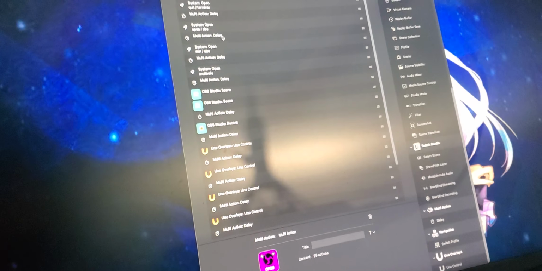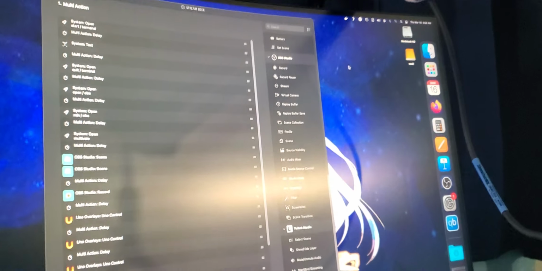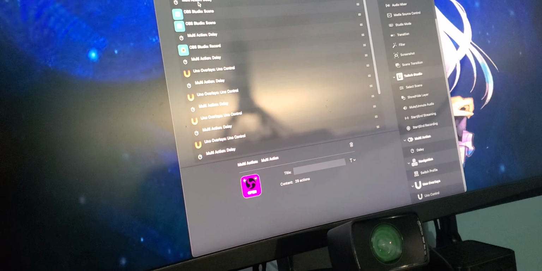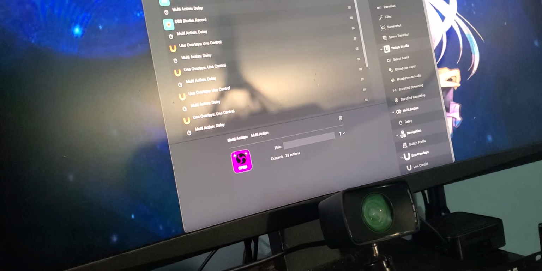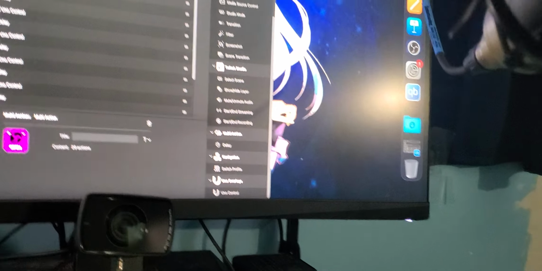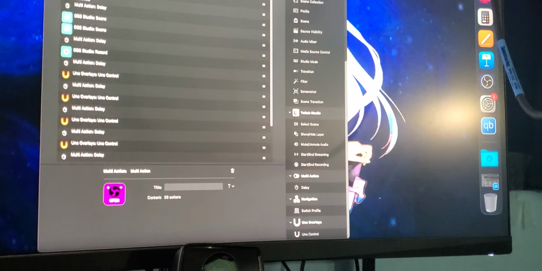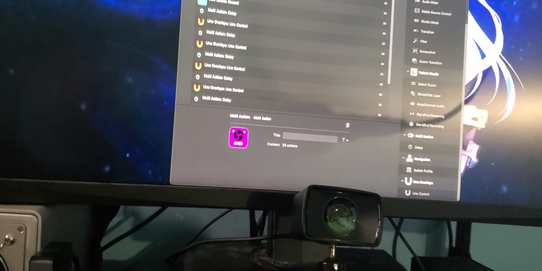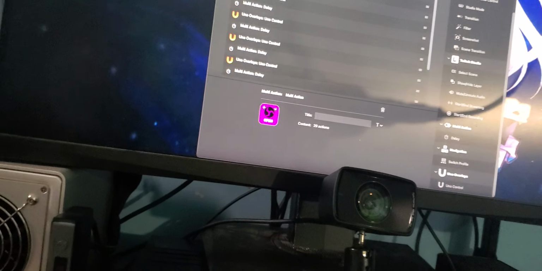That will quit Docker, Plex, and BitTorrent, and it basically quits them. Then there's another delay. Then it will open OBS, and then it will lower it down into the dock. After it minimizes to the dock, it will then run another multi-action. It will continue running another application, which is